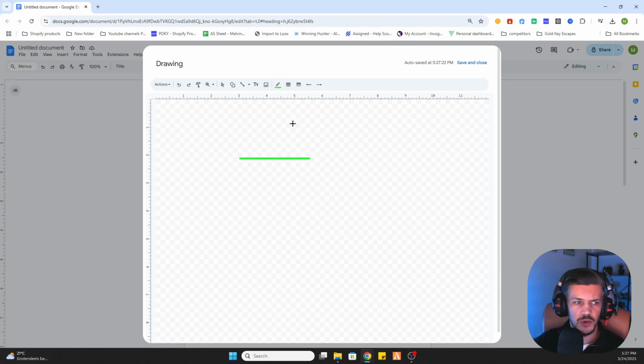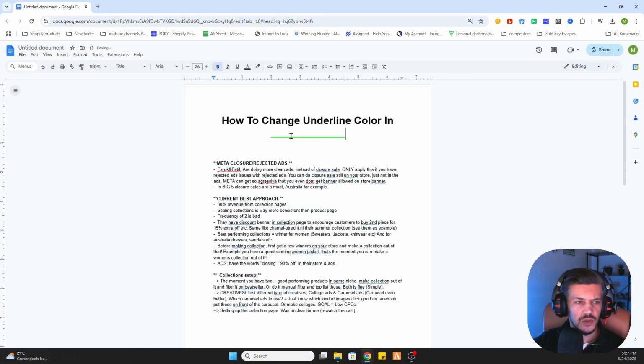Let's say 4 points. So now you can move the line a little bit once you are done. And you can select this mouse to move the line. Make it a little bit centered, and what we will do now, we will save it and close. And as you can see, this line is now drawn. So what we can do, if we would like to underline, for example, the underline word, then we will click